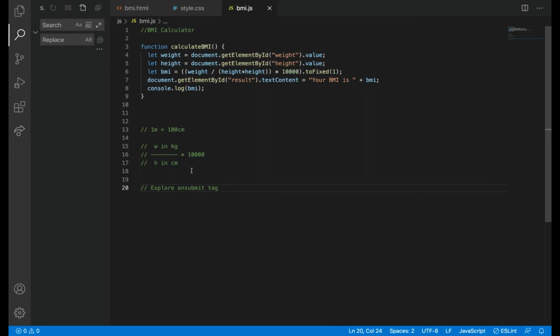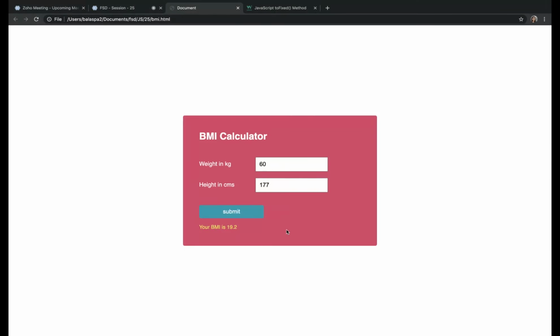In JavaScript, there are too many other things. I'll teach you one by one, because we have not covered arrays and strings and then objects. Those three are the important things. We will see those in later sections. I'll try to give a small project like this, like the BMI calculator.